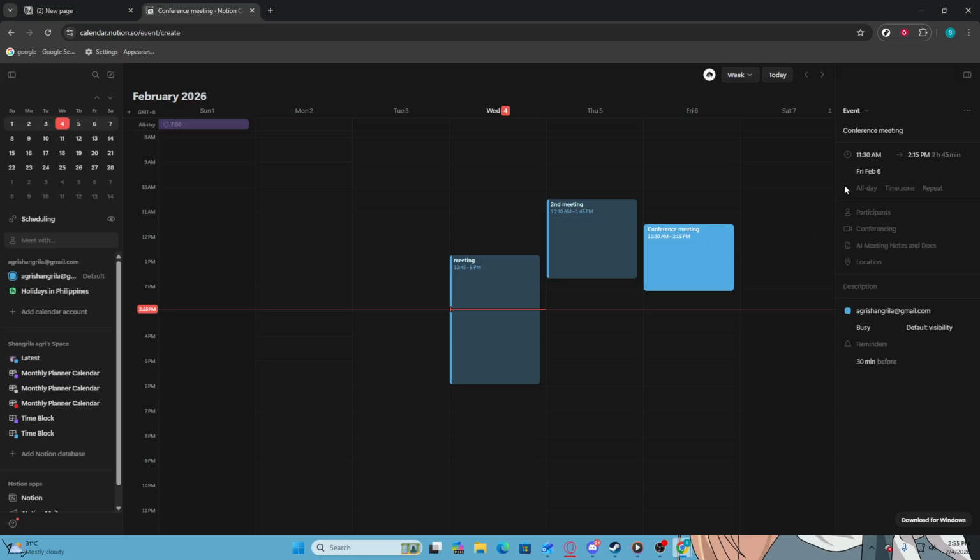If you have a large number of events, or if your calendar is already populated, consider utilizing the search function to quickly navigate through your events. Additionally, keep in mind that if you are adding several events at once, it may be beneficial to check your internet connection and ensure that your Notion application is up to date to avoid